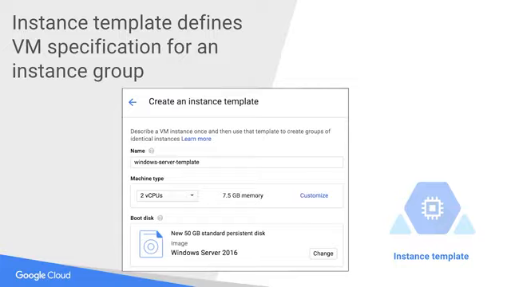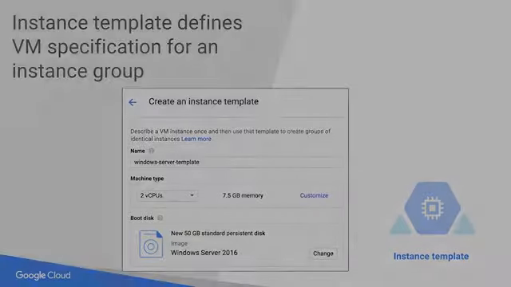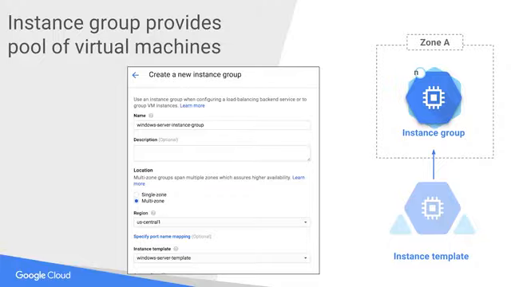An instance template allows nearly all the same configuration options, but doesn't create a machine. Instead, it serves as a specification that can be used to create machines. The instance template works together with the next resource, the Managed Instance Group, to spin up a set of machines. To create a Managed Instance Group, first select a multi-zone compute engine region and an instance template. You can then pick a fixed number of machines in the group, which will be distributed evenly across the zones in the selected region.